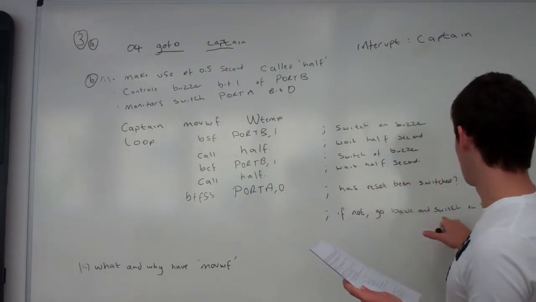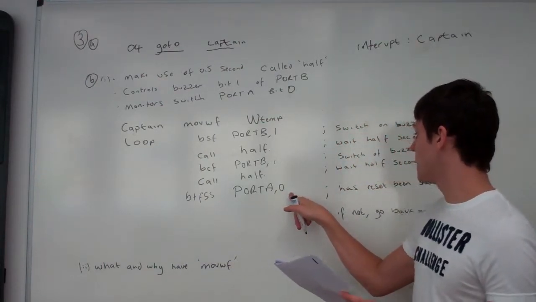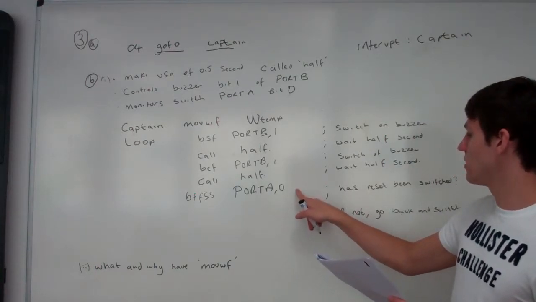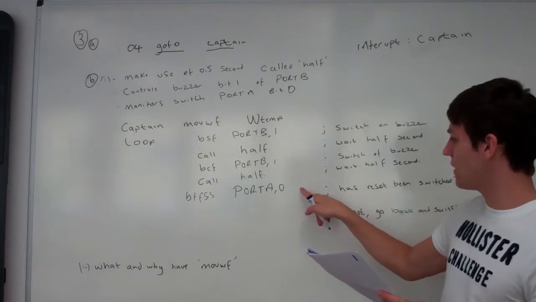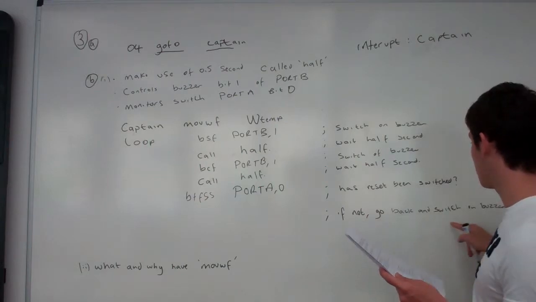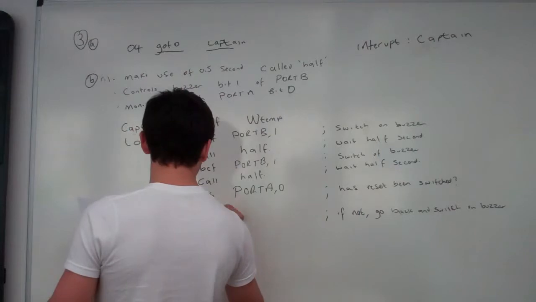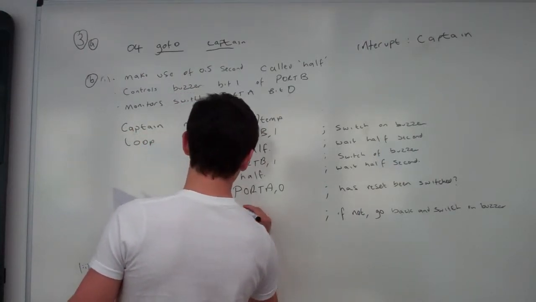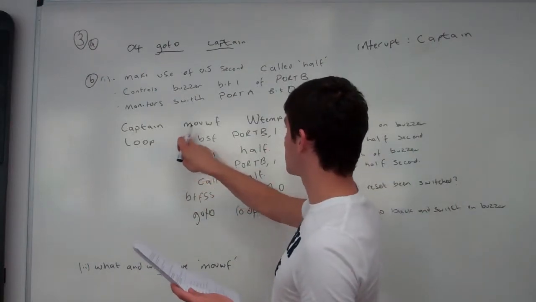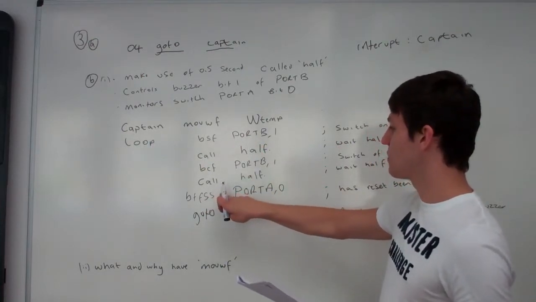If it's not been pressed, go back to it and switch on the buzzer. So we're saying, it's going to test this file, if it is set, then it will go on. If it has been set, it will jump down here. If not, it'll go on to this one, and it wants us to go back to switch on the buzzer. So there we need a go-to statement, loop. So if it's not set, it's going to go up to this loop, it'll keep going through this sequence, testing this bit, until,